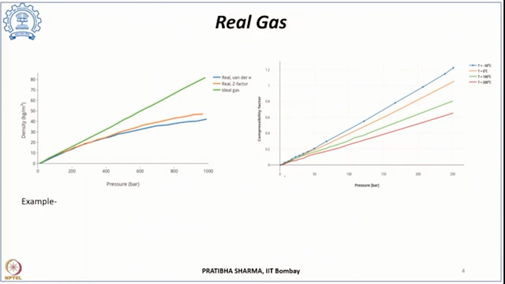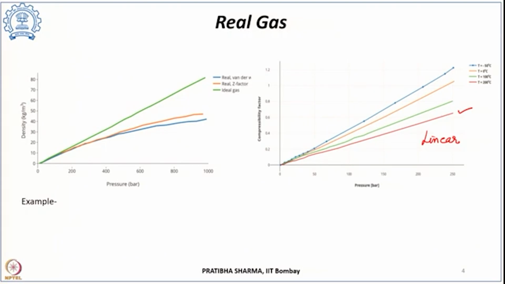For a constant temperature, if we plot the compressibility factor, we can see that it is showing a linear behavior at a particular temperature. Now as the temperature increases, so this is a higher temperature, the slope is found to decrease for the variation of compressibility factor with the pressure. Now this is what is representing how accurate it will be if we consider the ideal gas behavior, or under what conditions we need to consider the